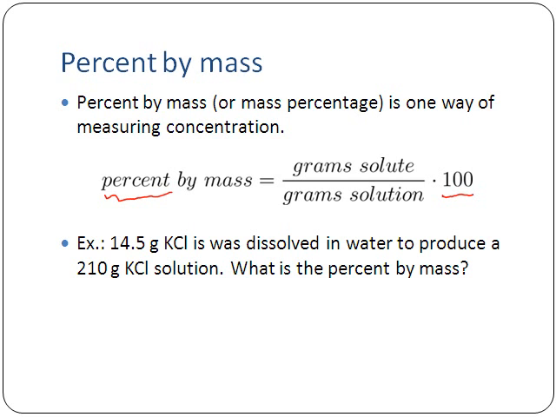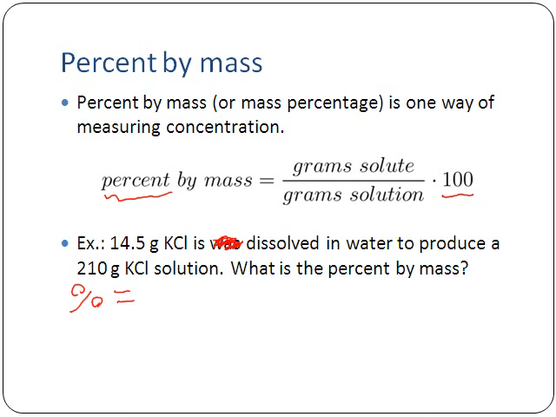14.5 grams of KCl is dissolved in water to produce a 210 gram KCl solution. What is the percent by mass? So we know that percent by mass is going to be equal to the number of grams